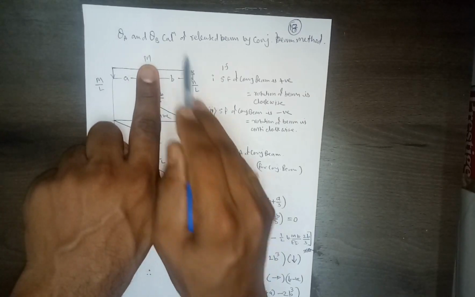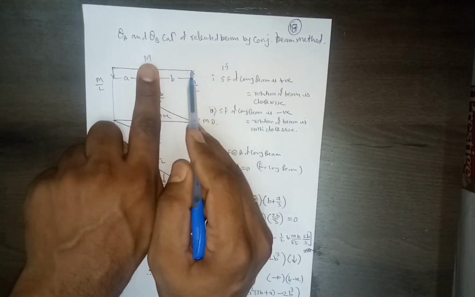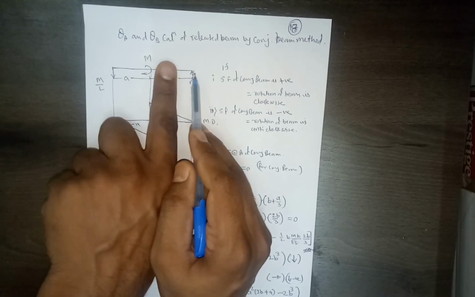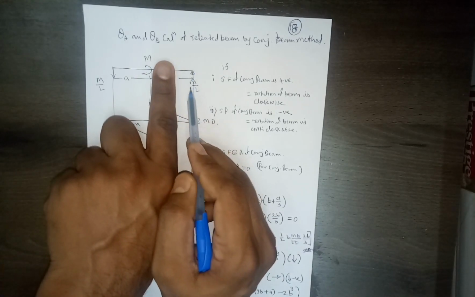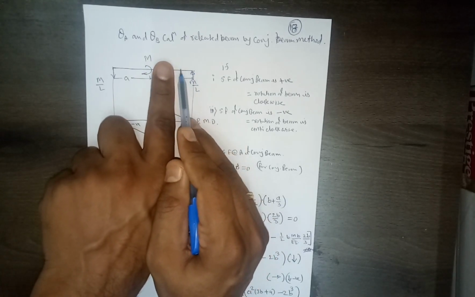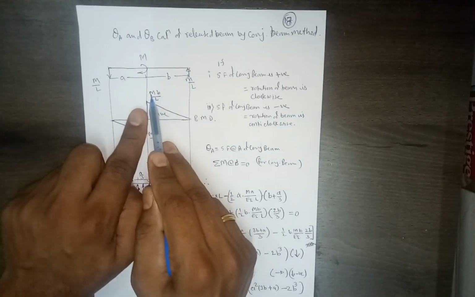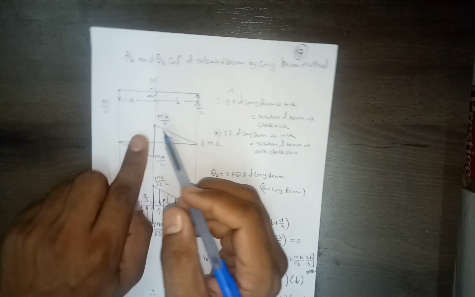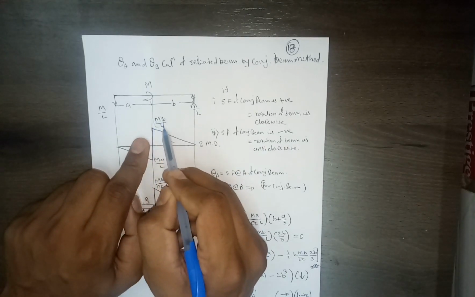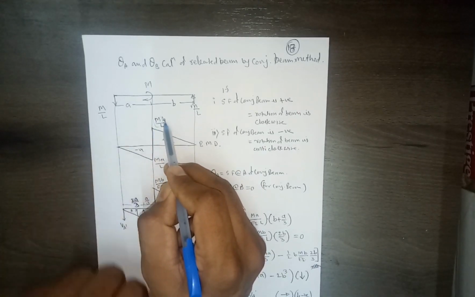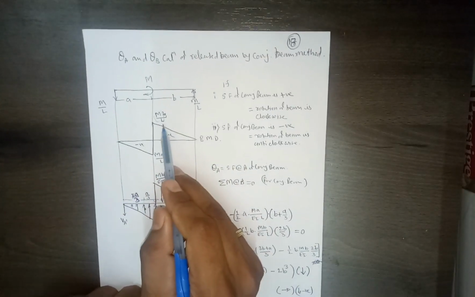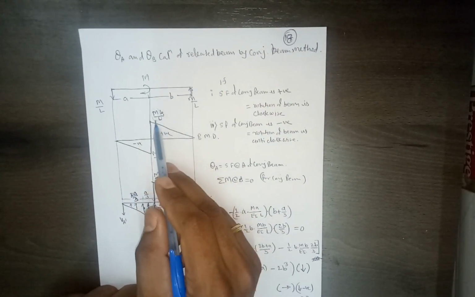So this end is going to be upward. At any x distance, what will be the moment? This force into this distance. So at point B from this end, it will be Mb by L. This is like a reaction, and then we multiply it with the distance. So that's how it will be Mb